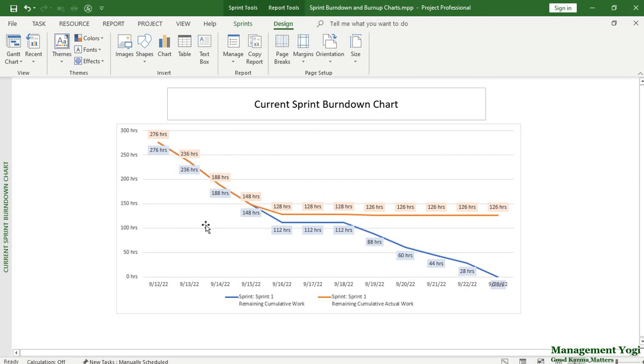As you can see in this chart or report, we have two lines. One is remaining cumulative work, which is blue color coded, and it is starting from 276 hours and going down to 0 hours on the end date of the sprint, that is 23rd of September. We have another line that is remaining cumulative actual work, which is orange color coded, and this is also starting at 276 hours. Then finally it is becoming parallel to the time axis from 19th of September onwards, that is